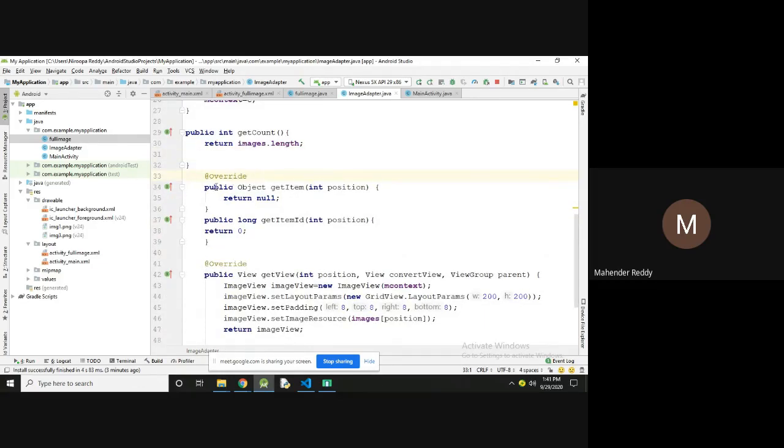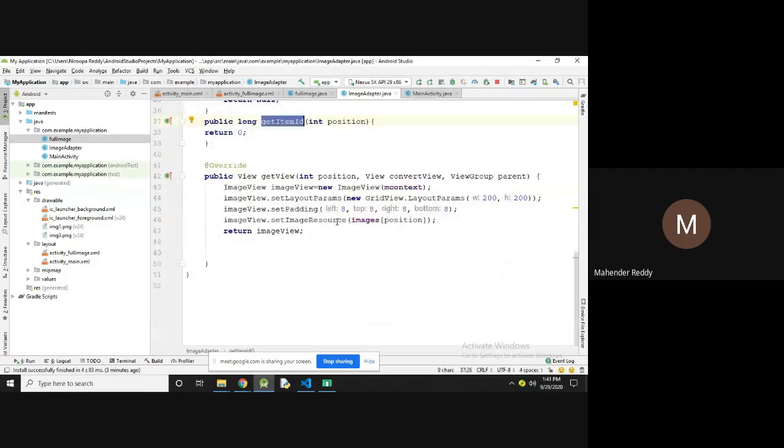Now I'm going to create the override methods. public Object getItem(int position) returns null, and public long getItemId(int position) returns 0. So this is to get the item, and this is to get the item id, based on the int position. And public View getView(int position, View, ViewGroup), whenever you select this method, it will automatically come.